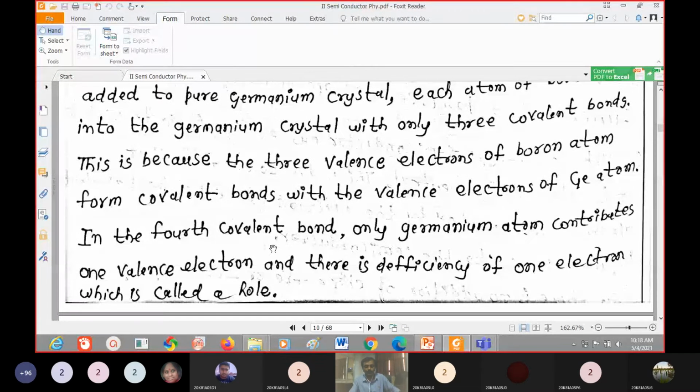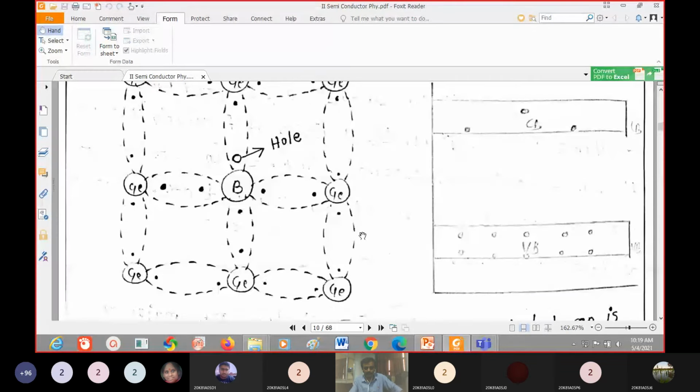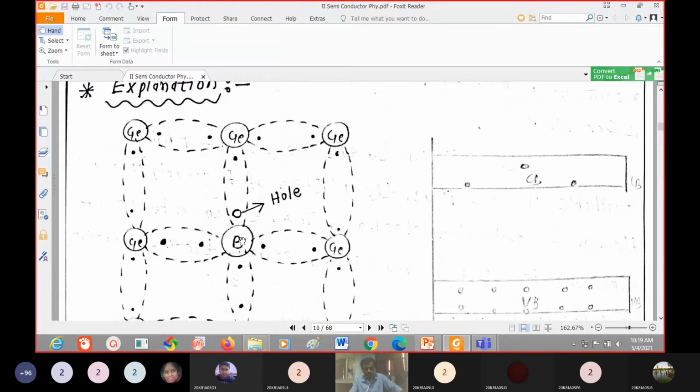In the fourth covalent bond, only the germanium atom contributes 1 valency electron, and there is a deficiency of 1 electron, which is called a hole. So here 3 covalent bonds occur between the germanium and boron, and for the fourth covalent bond,